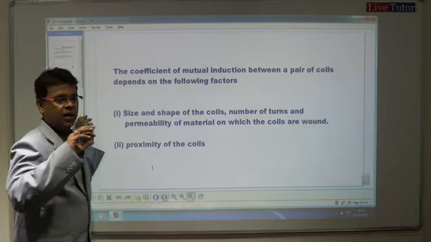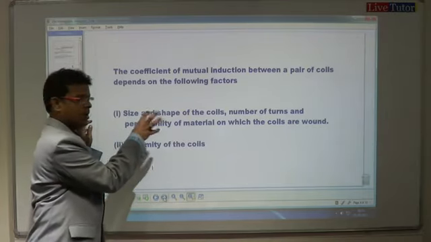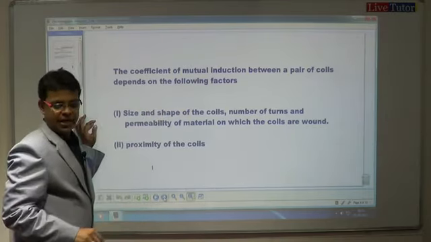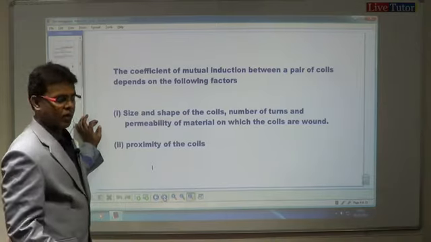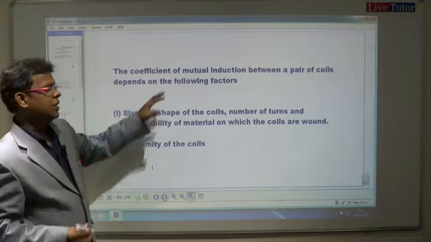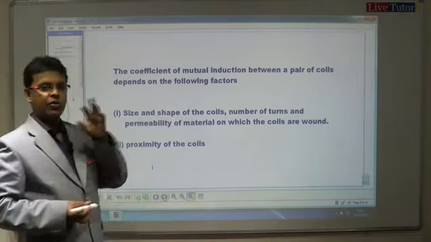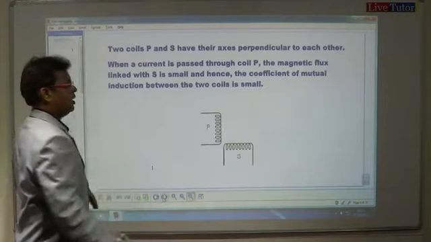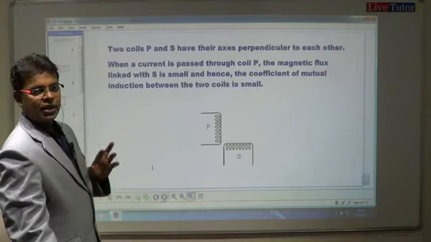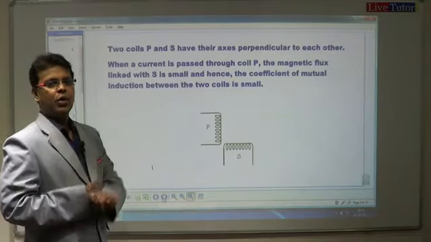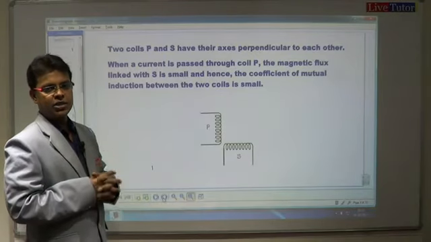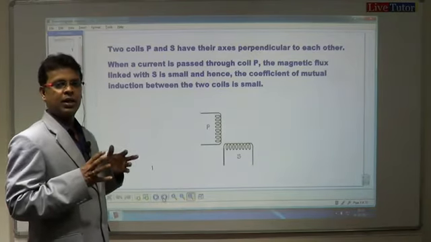அந்த மாதிரி these are the 4 factors which is grouped in first point. The second point is the proximity of the coil. These are the 2 factors on which the mutual induction between a pair of coil depends on. Okay, now let us see what are the different proximities, different alignment in which the mutual induction can be increased